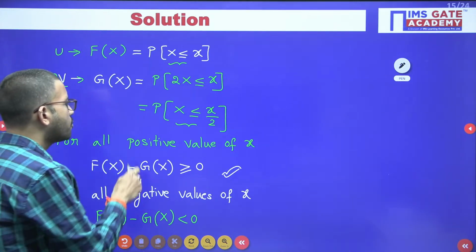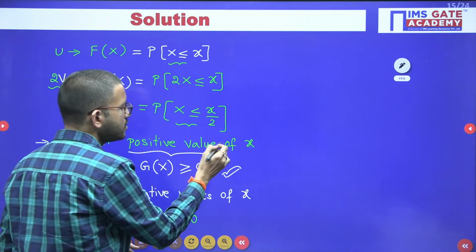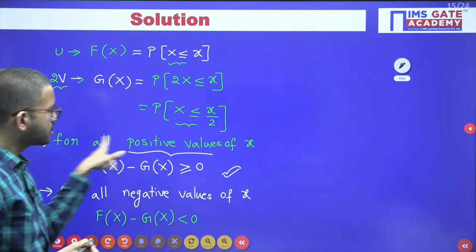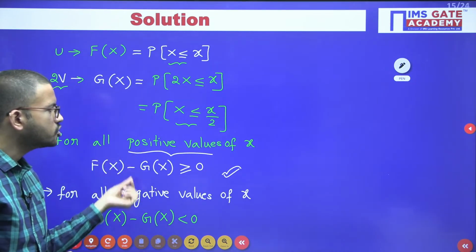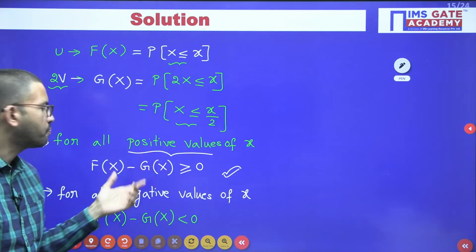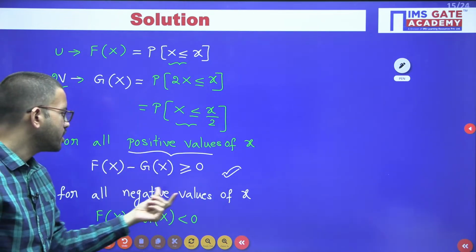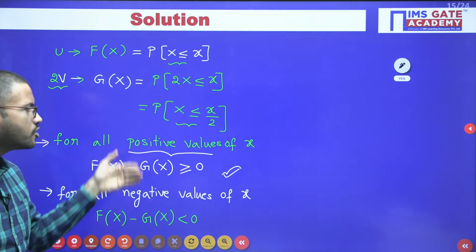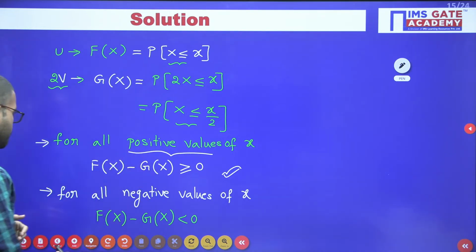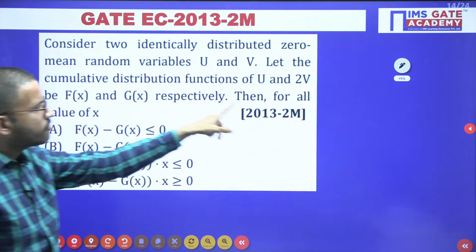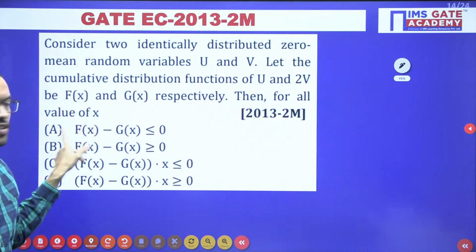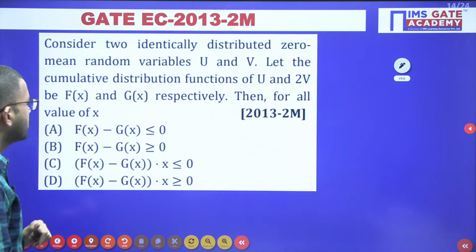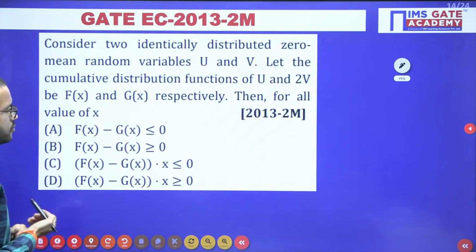For the positive values, the subtraction output is positive, whereas for all the negative values, you are going to get this relation as negative. Now we have to make it generalized. Here they have mentioned for all the values of x. So what you can do here,